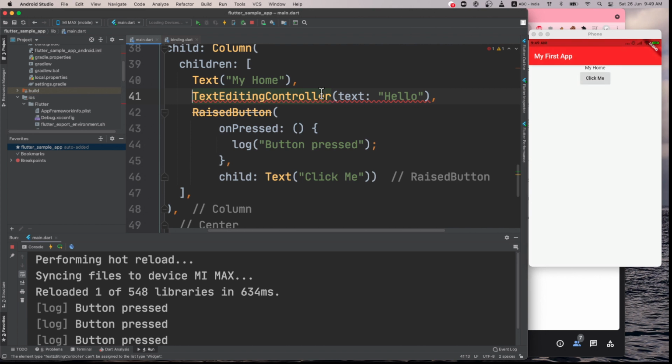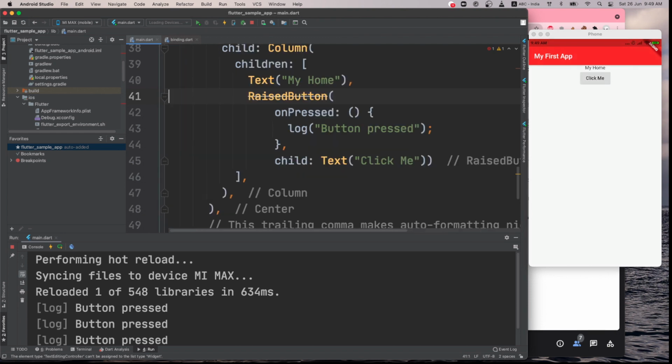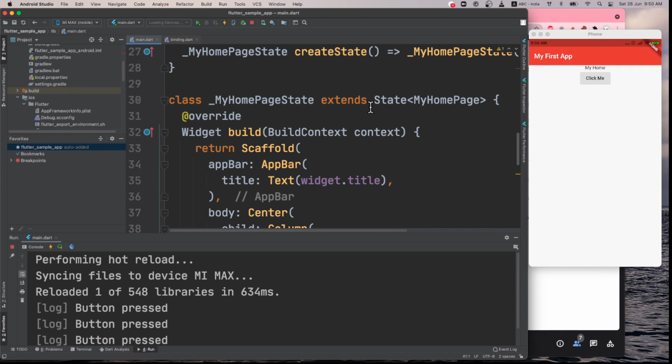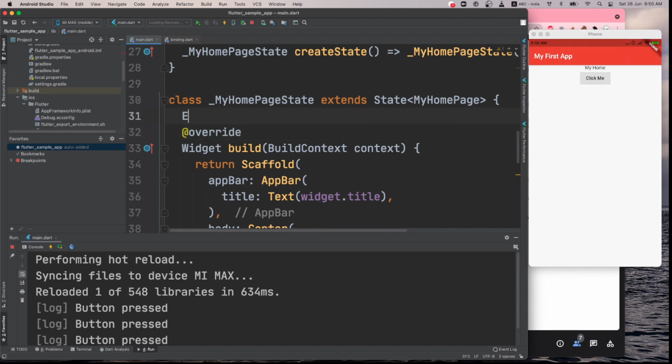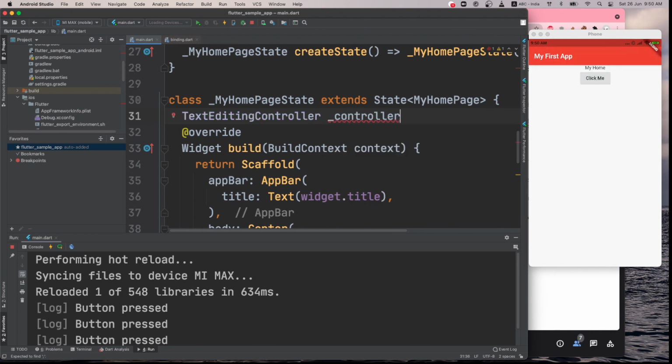Okay, so it is not like this. So it works like this. We have to create an edit text controller somewhere here. Text editing controller, we'll say controller. Not sure, we'll have to search for this.